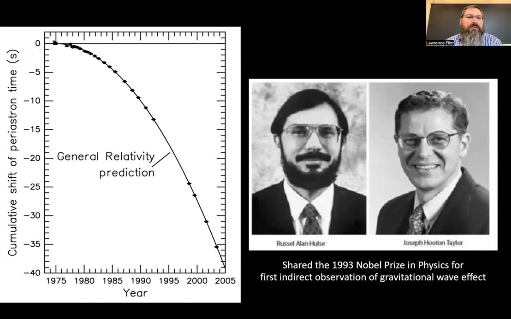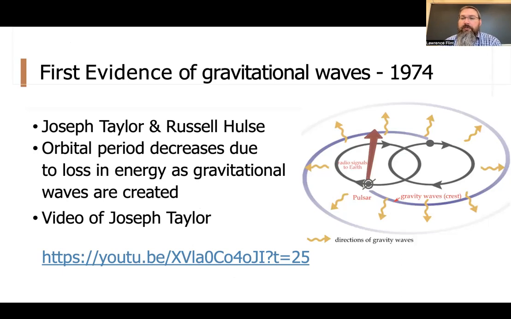So what this graph shows is the decay, or decrease, in orbital period for neutron stars that are orbiting about each other over the course of time. I'll just go back one slide. So if you happen to have